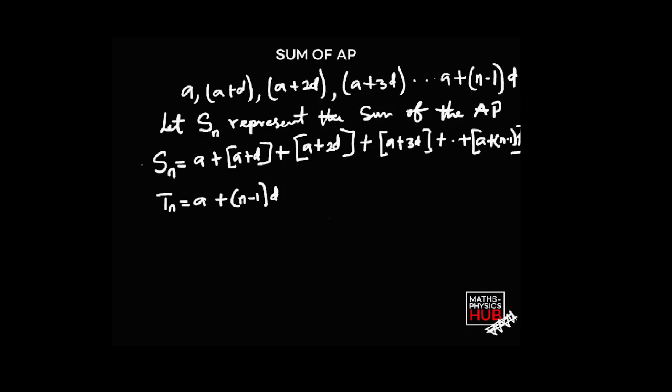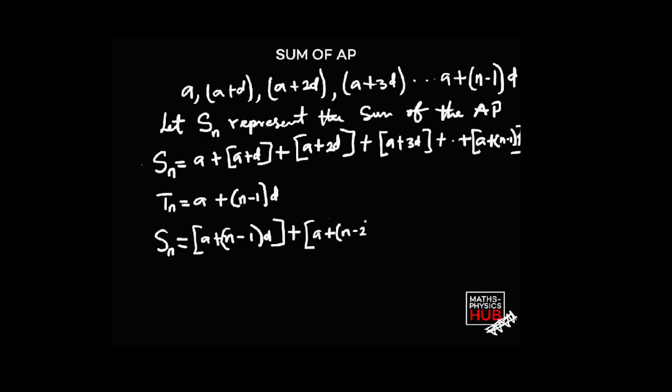That is, the number of terms there is N. It means that we are going to be having Sn equal to, open a bracket here, A plus n minus 1 times D, then close the bracket, plus another one will now be, the first term, then the second term is now going to be plus